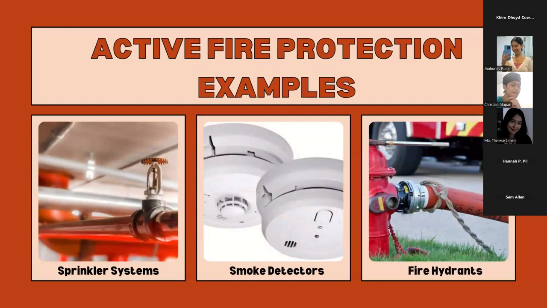Okay. Here are examples of active fire protections. We have smoke detectors. Smoke detectors use noise and light alarms to alert occupants of smoke, enabling an early evacuation and response to fires. Here is an example of the Data Protect new smoke and heat alarms. Okay. We also have